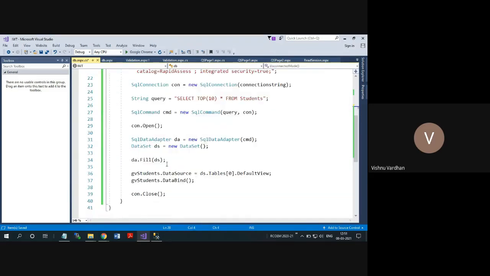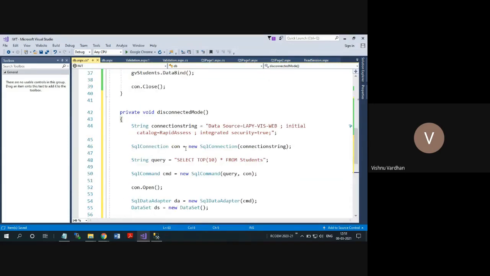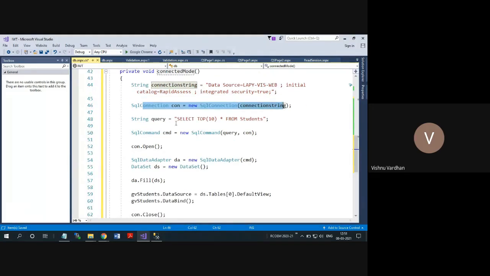Copy the entire example and paste it for the connected mode. We still require the database connection string, the connection object, and the command object.